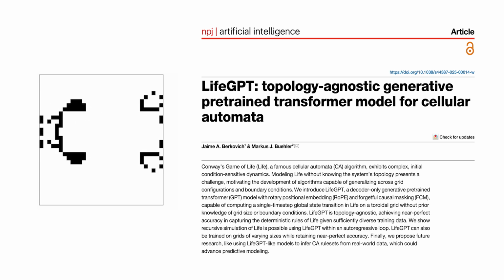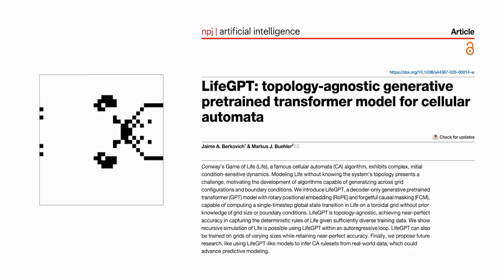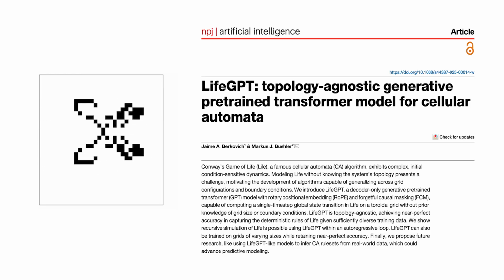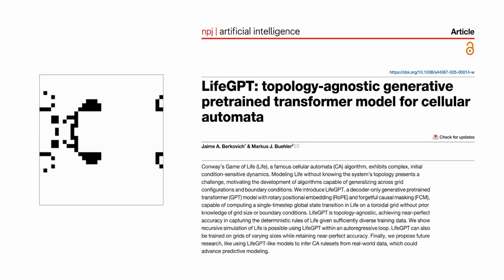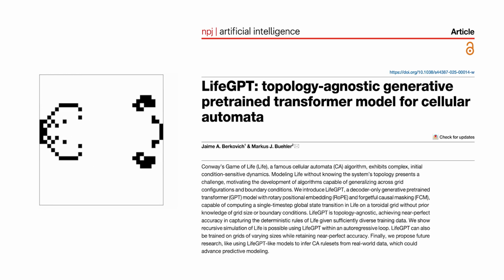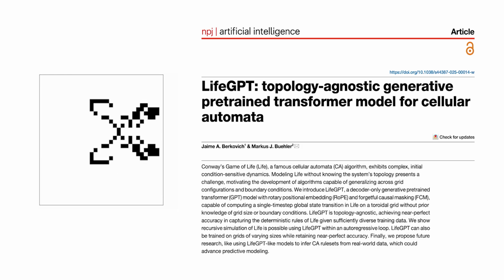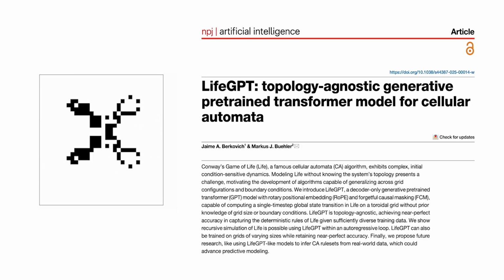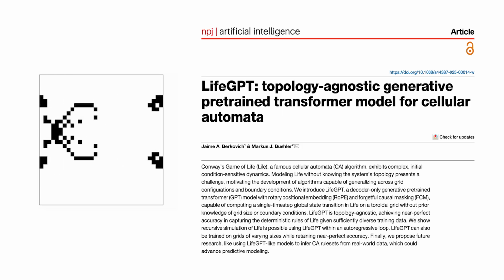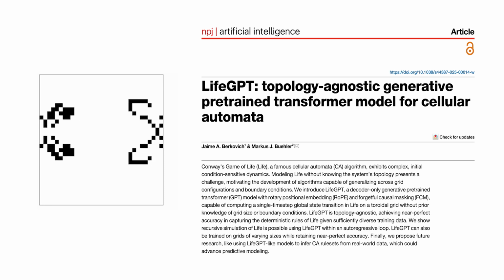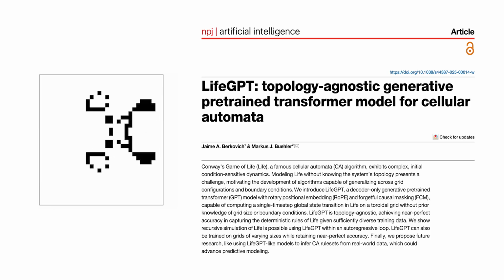Let's zoom out and compare this with some of the other approaches in the field. Researchers have used convolutional neural networks to learn game of life, sometimes with explicit design choices that mirror the CA's structure. There's also a thread of work using algorithmic information theory to discover rules from data, an approach that perturbs a system and estimates how its algorithmic complexity changes to tease out causal structures. And a particularly creative direction is neural cellular automata, where the update rule itself is a small neural net, and you train it so that, starting from a seed, it grows into a target pattern, say the shape of a flower, over many steps.